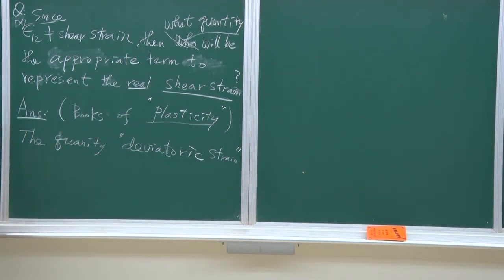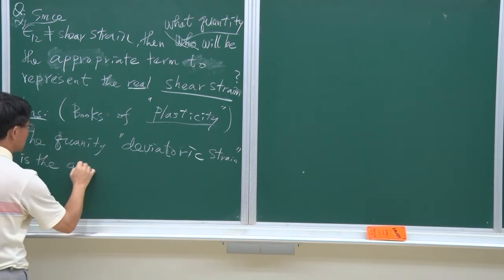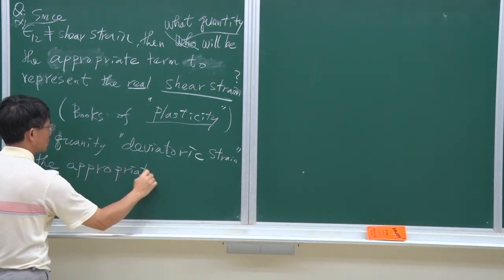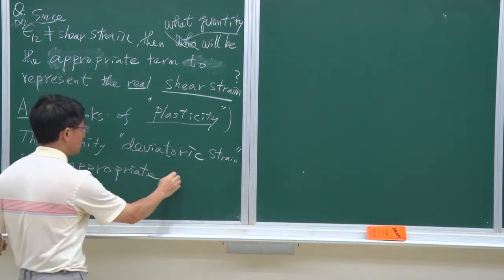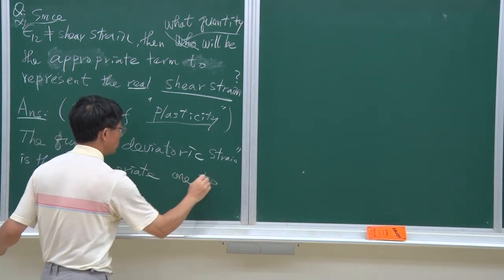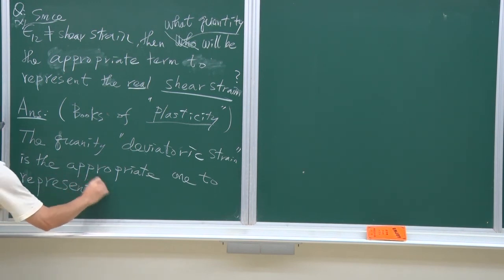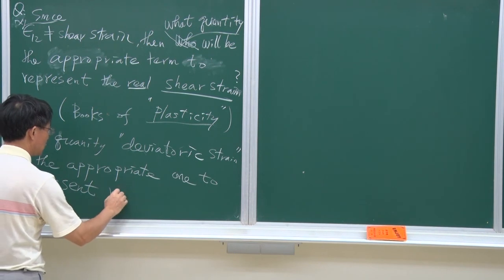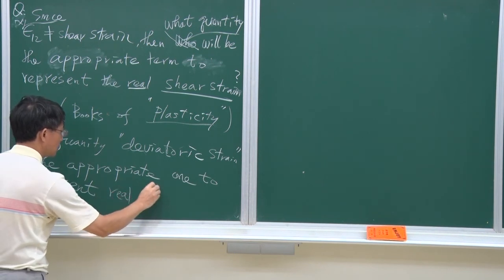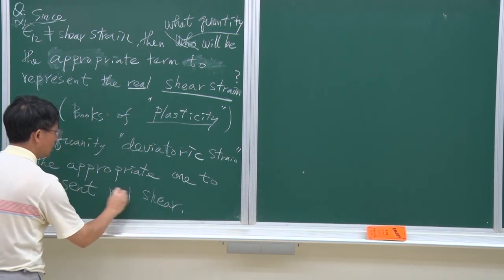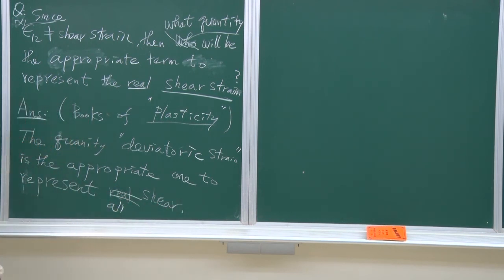The quantity deviatoric strain is the appropriate one to represent shear. Okay, or shear. Okay, means that